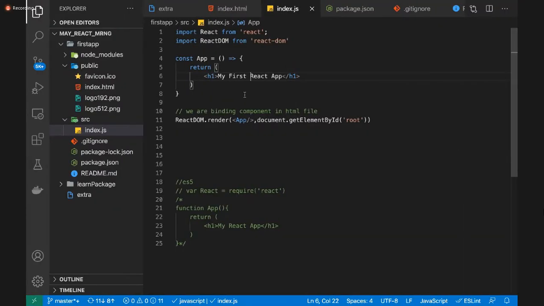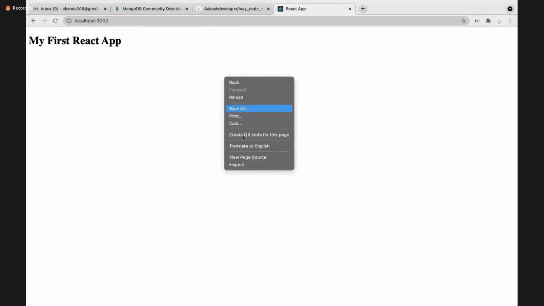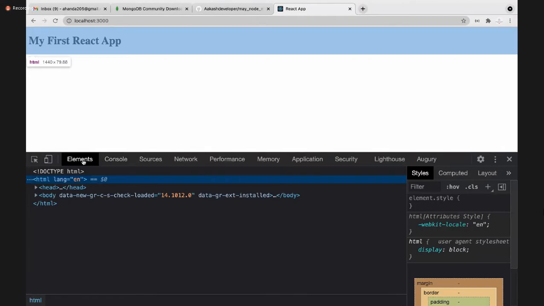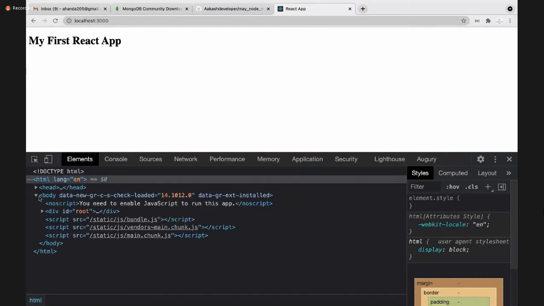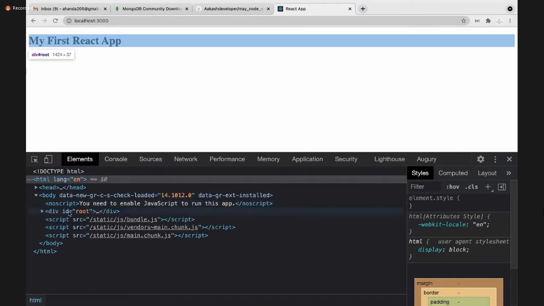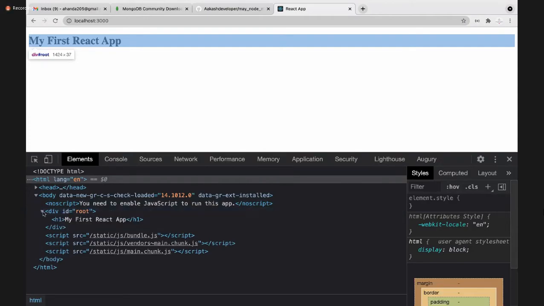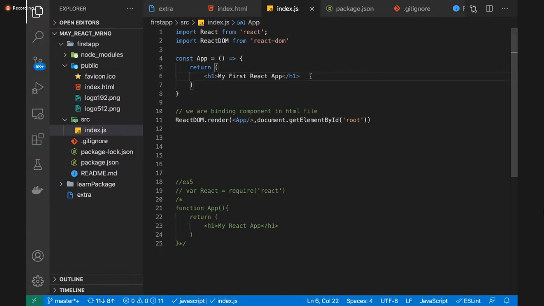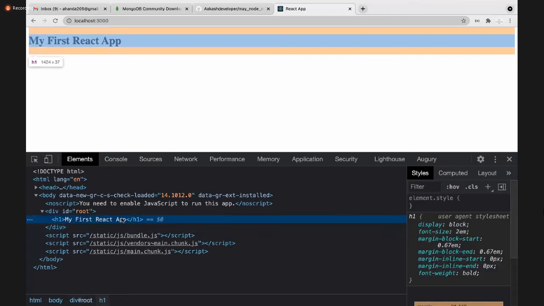And right click, inspect. If you inspect and go inside this element, see in the body, we have a div whose ID is root, you see? And in this div, that h1 is there. So the h1 that we have here is now inside the div whose ID is root. See?